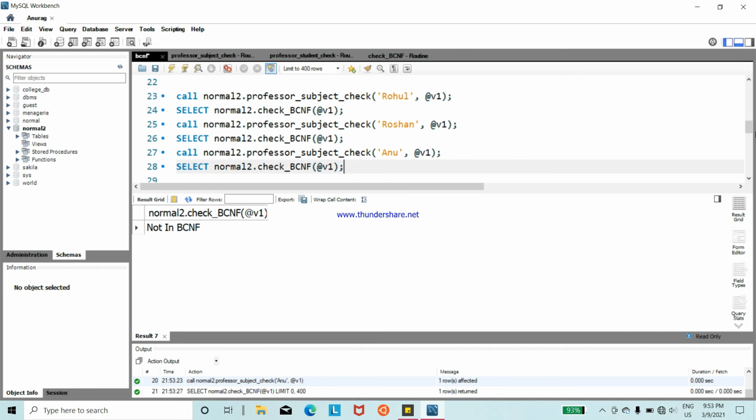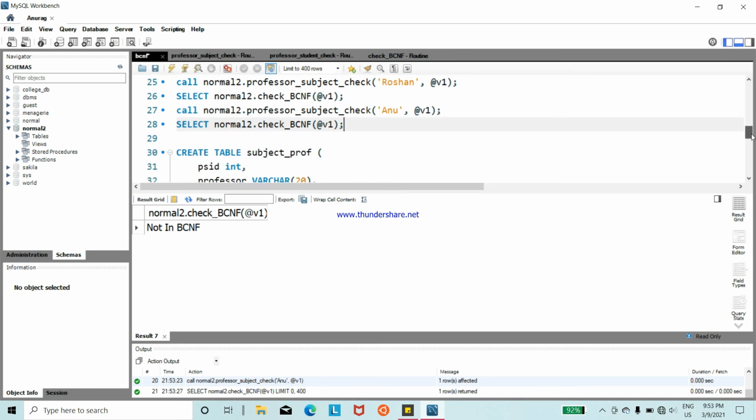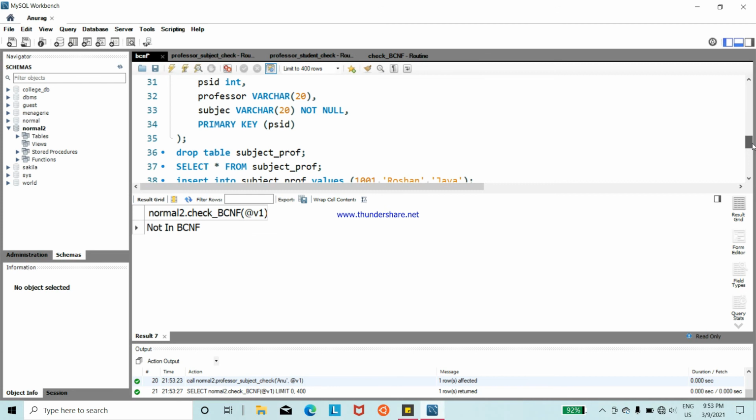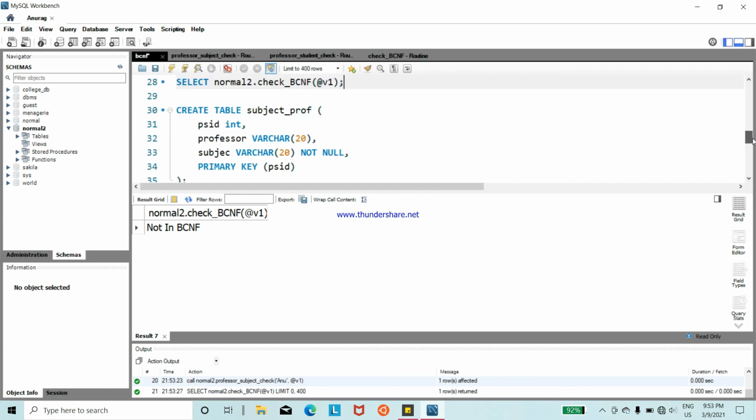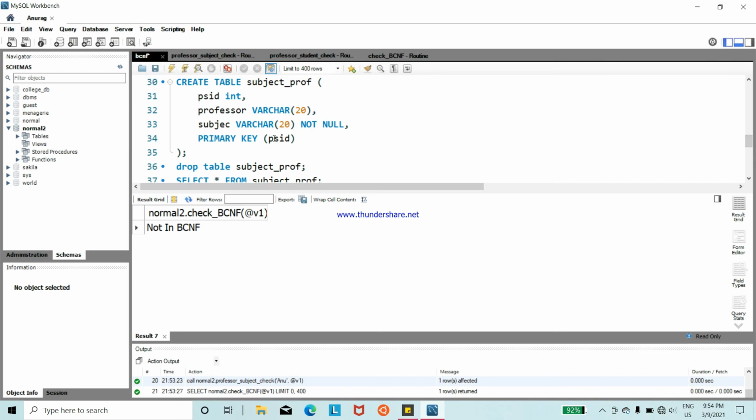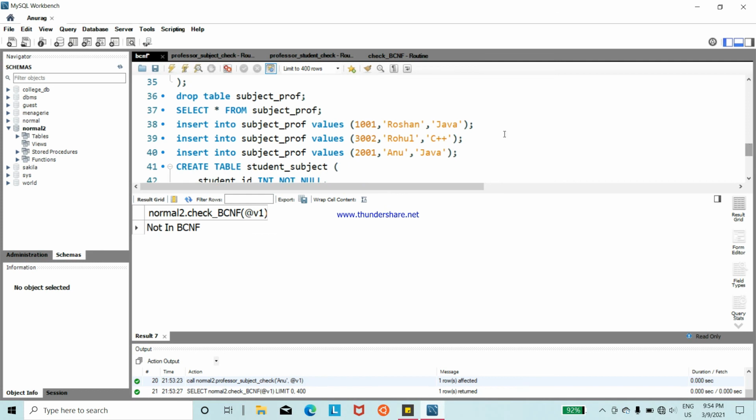And for normalization purposes, we divide this table into two subtables. The first is called subject professor, in which we create a professor subject ID named PSID, a professor attribute and a subject attribute, and create a primary key PSID, and insert some values.